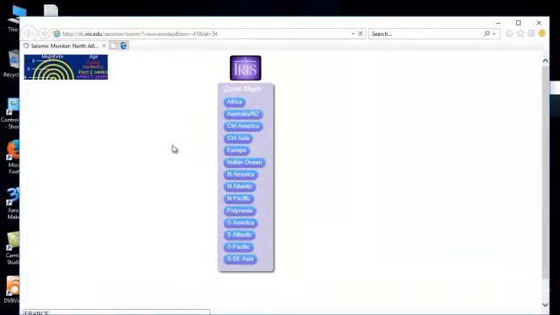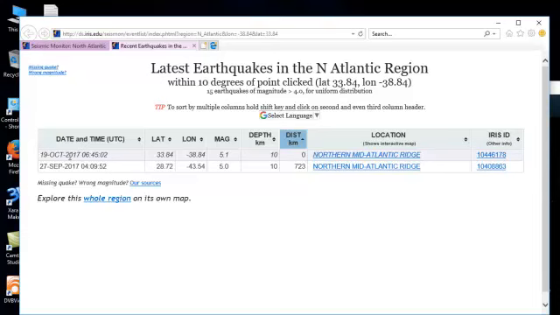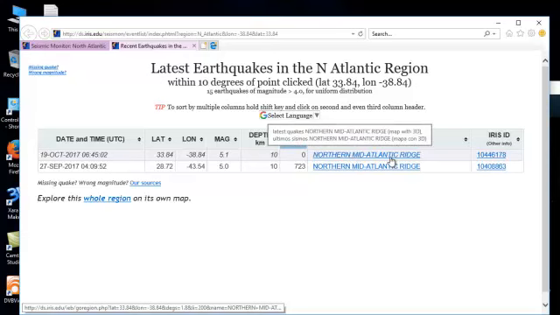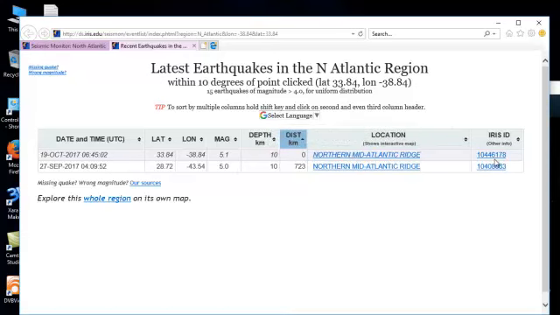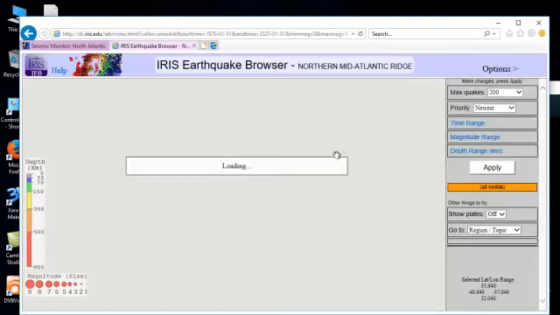There was only one earlier on when I did an earlier recording. If I click onto that, it will show us the 19th of October. There was a 5.1 earthquake in the northern mid-Atlantic ridge. There is lots of information. This page does look like, oh dear, this doesn't tell us much. We'll click on it and it will show you